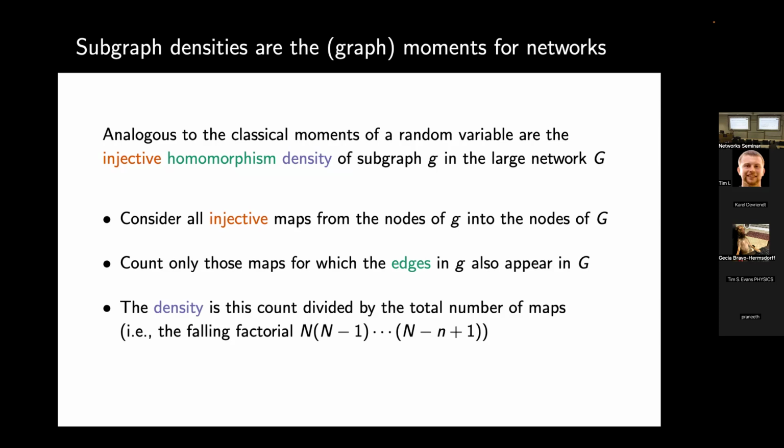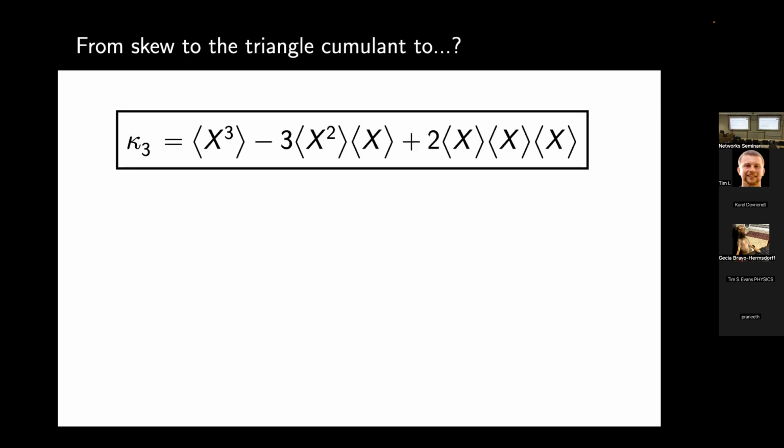Okay, cool. And little n is the number of nodes in the subgraph? Yeah, so big N would be the number of nodes in your large network, and little n the number of nodes in your subgraph that you are applying with the corresponding moment. Okay, cool. So I put here the form for the third cumulant of a scalar random variable,